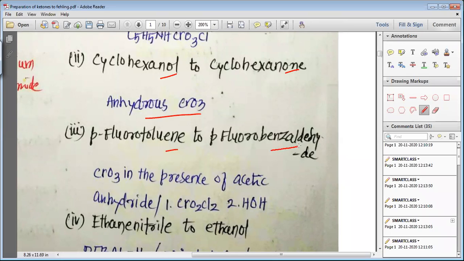Para-fluorotoluene to para-fluorobenzaldehyde. Here you want to convert toluene to benzaldehyde. So we generally use CrO3 in the presence of acetic anhydride. Apart from that, we can even use CrO2Cl2 and water. This reaction we call it Etard reaction. So this is how it goes, and we